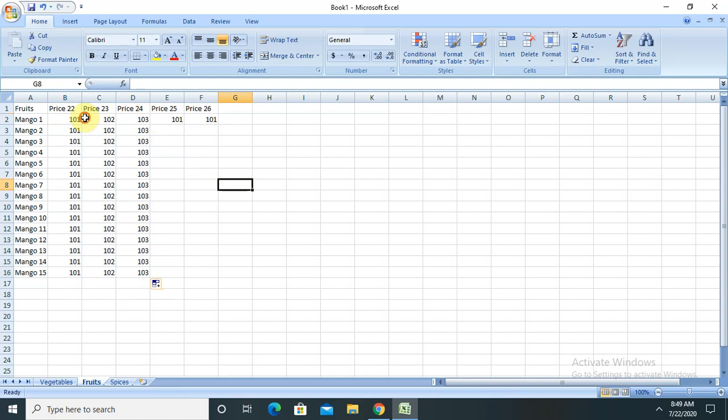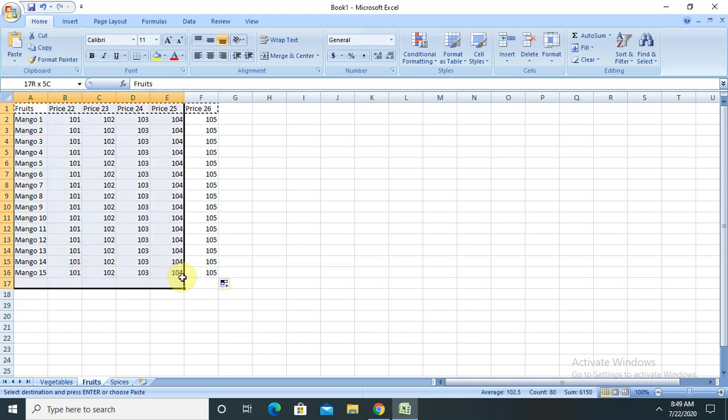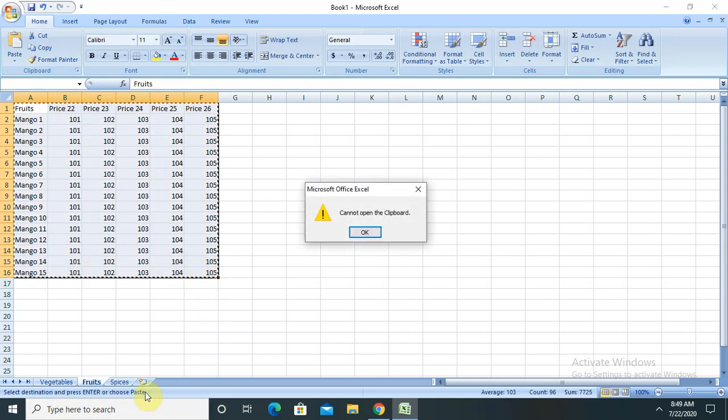Same, but when you are selecting with this, it will always go in the order. So let me do that for this as well. Spices, and same here, selecting, let me completely select and paste it to here.